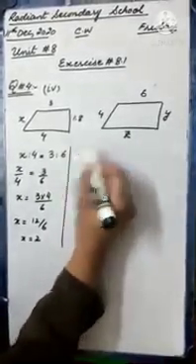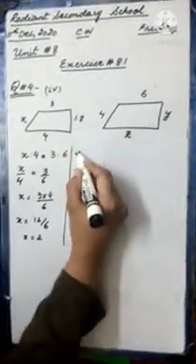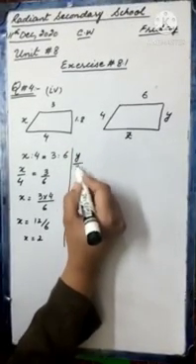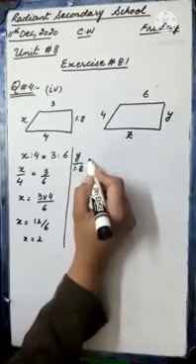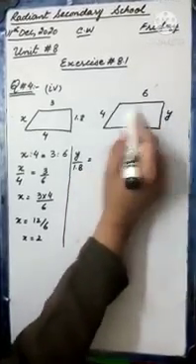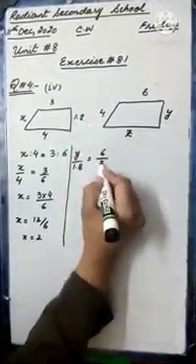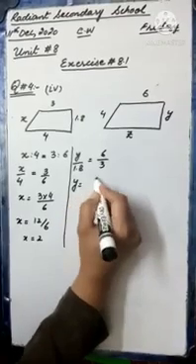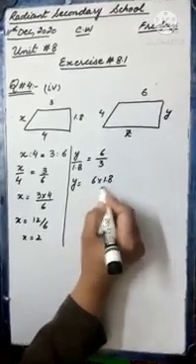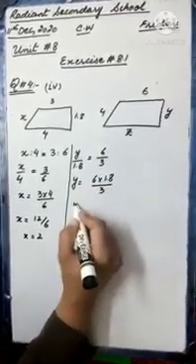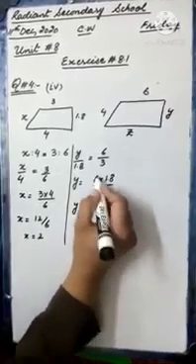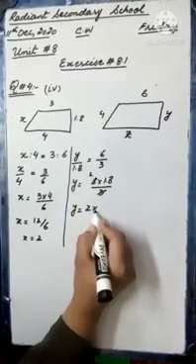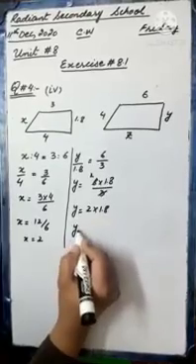Okay, now I am taking this ratio, y ratio 1.8, or you can write it like y divided by 1.8 is equals to 6 divided by 3. So y will be equals to 6 multiplied by 1.8 divided by 3, and y is equals to 3 into 2 is 6. 2 multiplied by 1.8, that is equals to